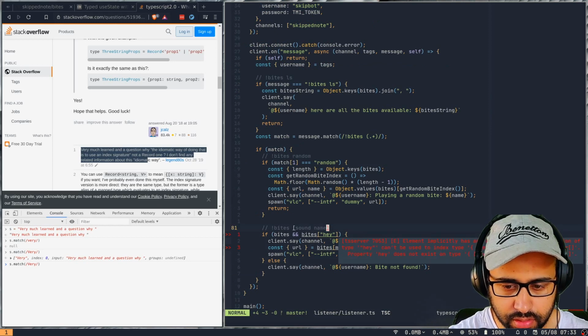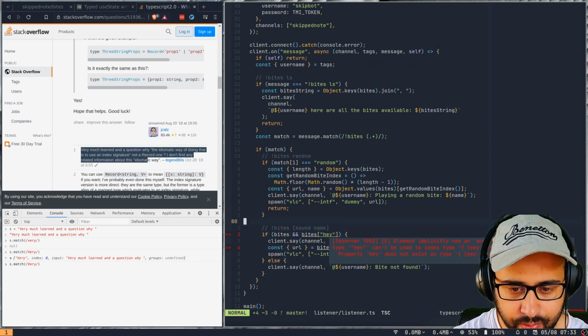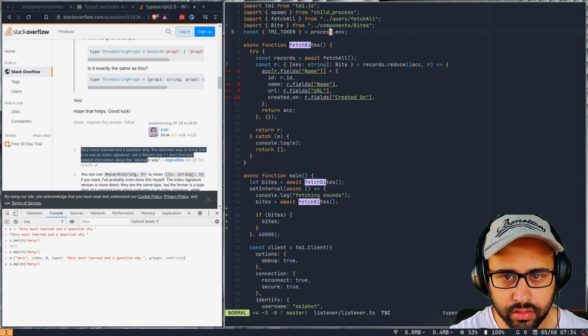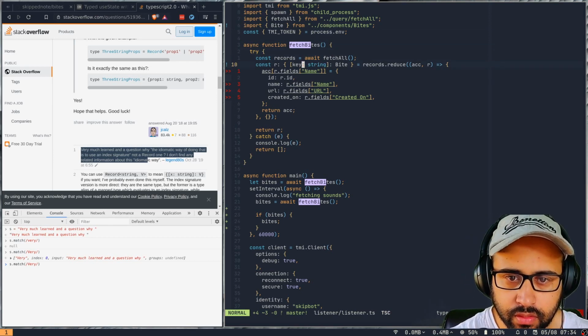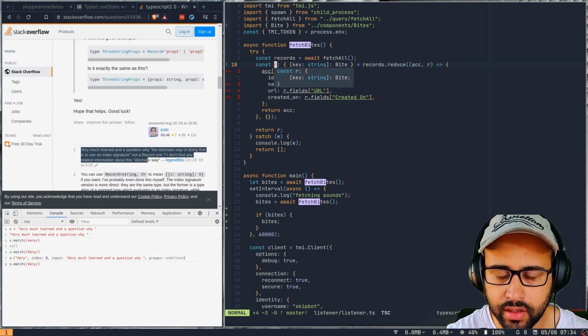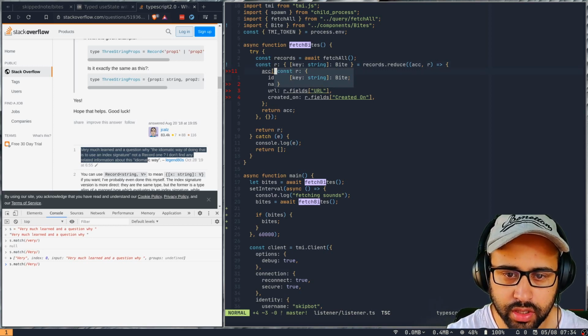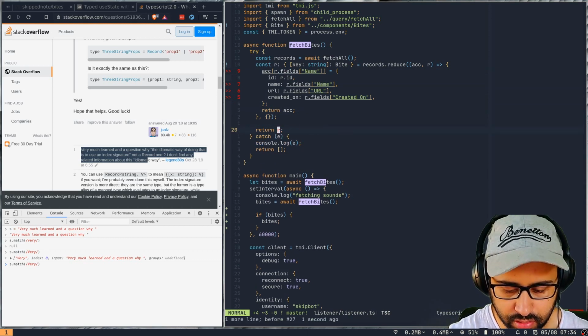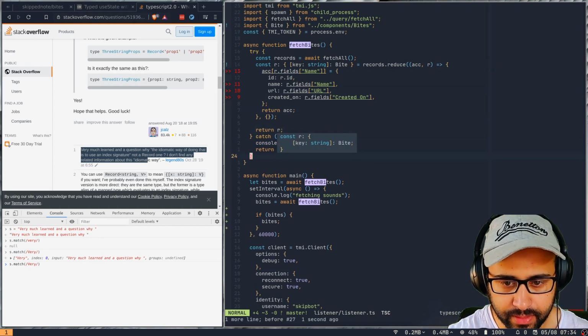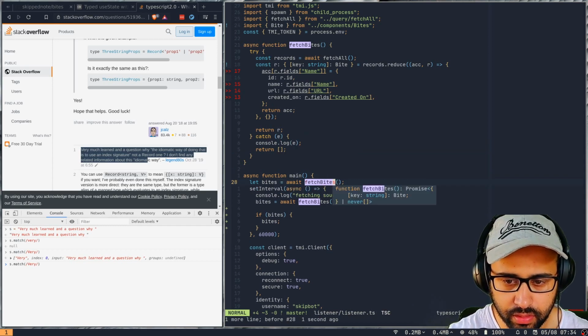So here it's complaining, why is the type all messed up? So reduce will return an object of this, so R is this. Let's see again here. Yeah, so fetch byte should also be the same type.